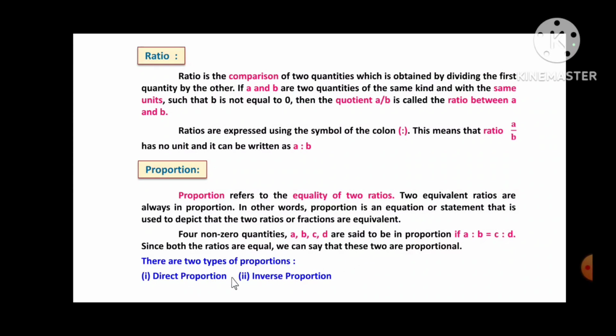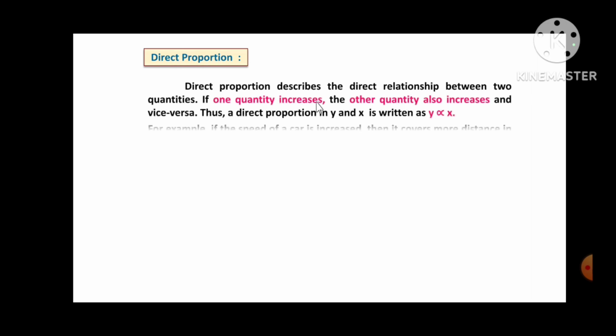There are two types of proportions: direct proportion and inverse proportion. So let us see what you mean by direct proportion. Direct proportion describes the direct relationship between the two quantities. If one quantity increases, the other quantity also increases, and vice versa. Thus, a direct proportion in y and x is written as y proportional to x. For example, if the speed of a car is increased, then it covers more distance in a fixed period of